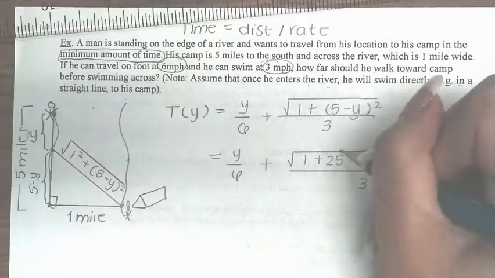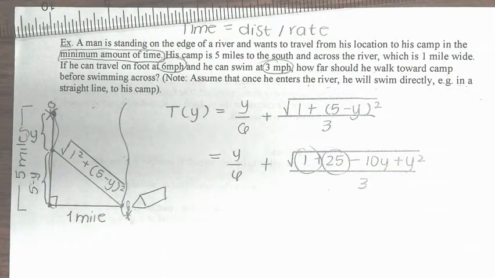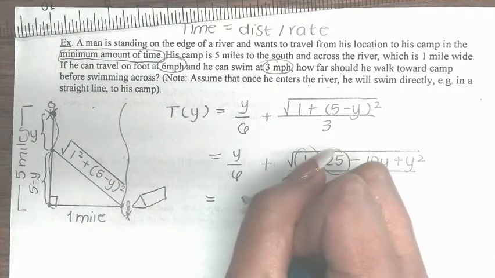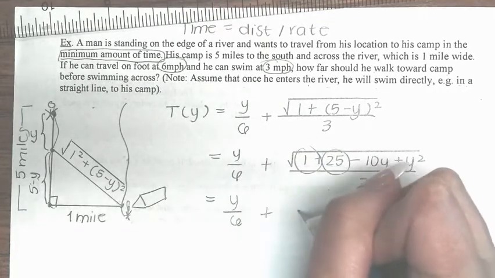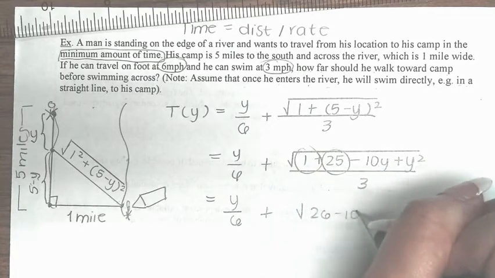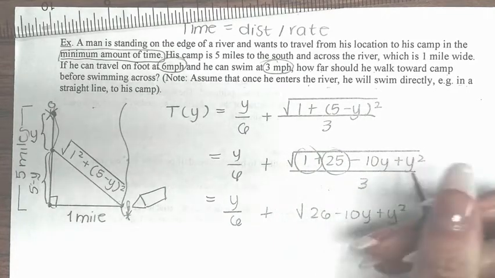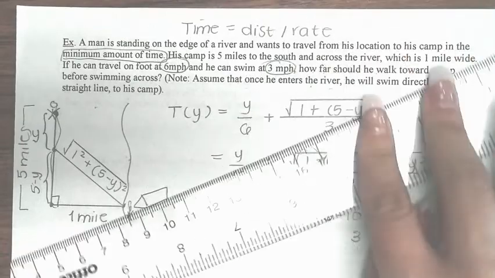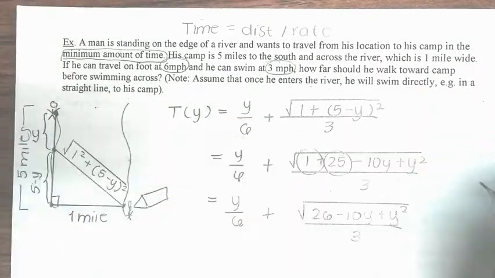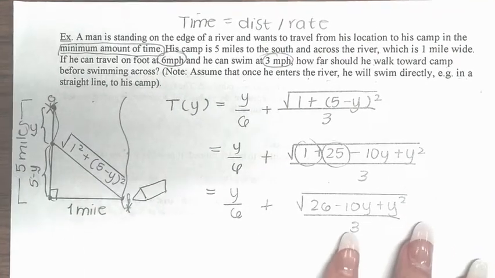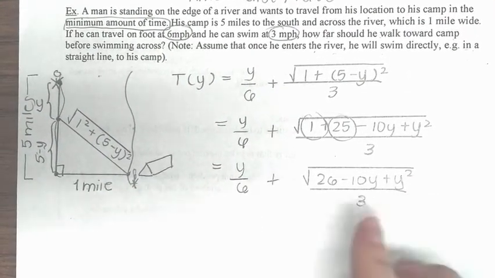Then you recognize that these two are like terms. So what I have here is going to be y divided by 6 plus the square root of 26 minus 10y plus y squared, and everything divided by 3. So I have this situation, which is not very user-friendly still, but that's what I'm going to take the